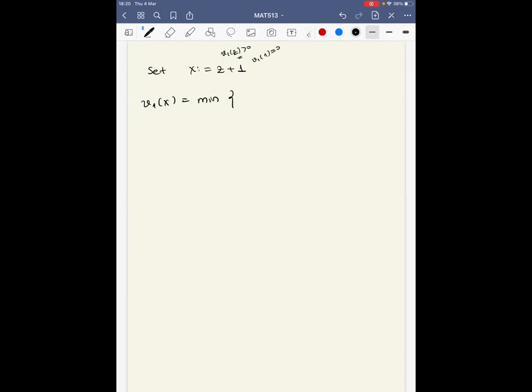We can again apply the strict triangle inequality, and we see that v1 of x is 0,